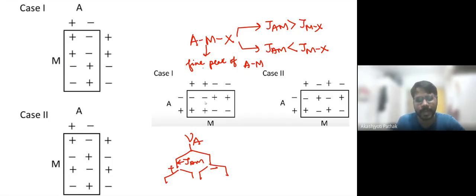So now AX will be passive coupling, right? So this will be JAX, right? This will be JAX. Now they are passive coupling, so this plus will be split into plus plus and minus will be split into minus minus. So now when you plot this,